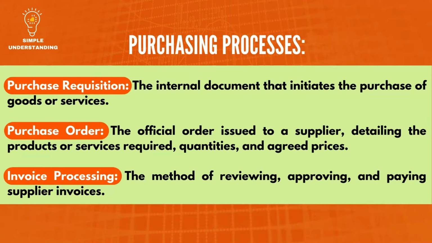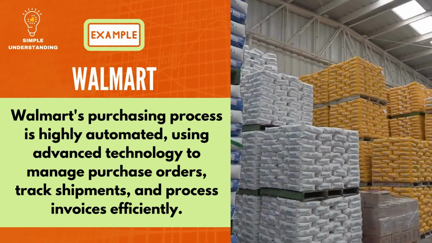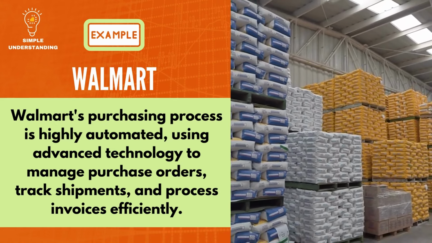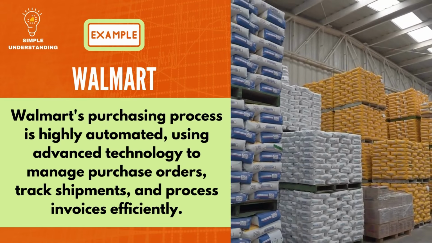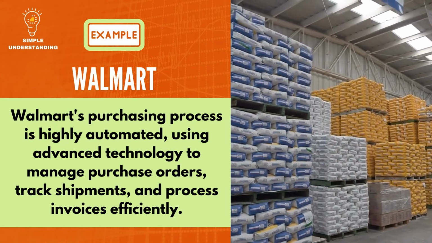3. Purchasing processes. A. Purchase requisition. The internal document that initiates the purchase of goods or services. B. Purchase order. The official order issued to a supplier, detailing the products or services required, quantities, and agreed prices. C. Invoice processing. The method of reviewing, approving, and paying supplier invoices. Example: Walmart. Walmart's purchasing process is highly automated, using advanced technology to manage purchase orders, track shipments, and process invoices